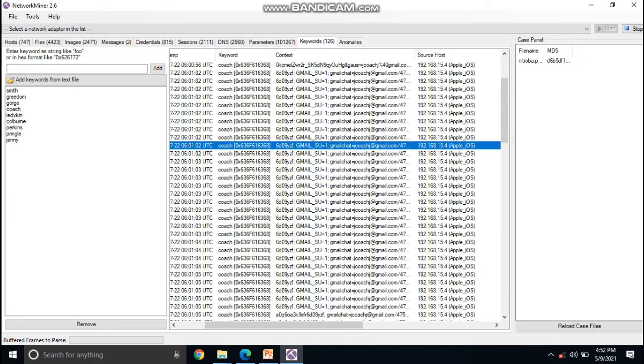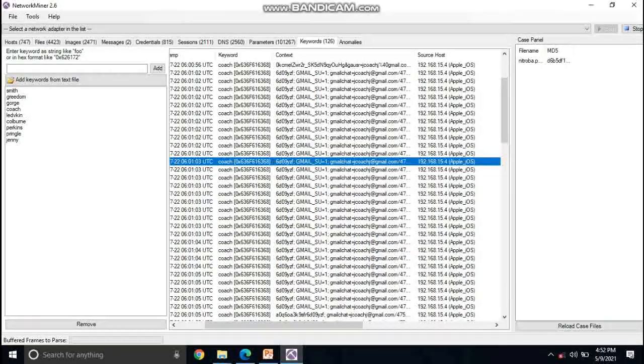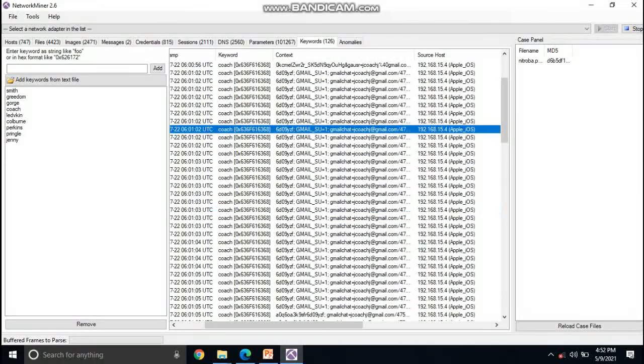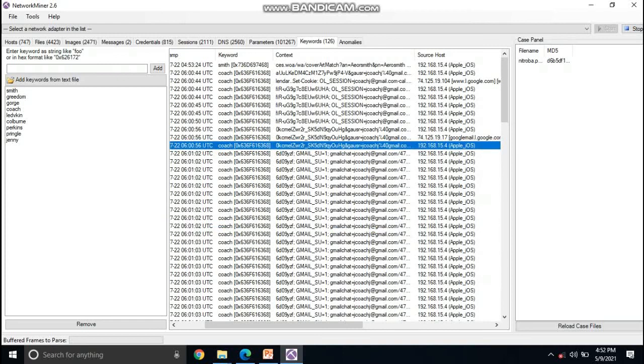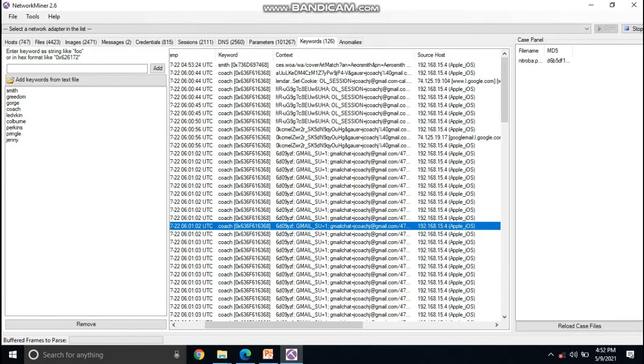So we can say that the person involved in the crime is Johnny Coach, a student of the professor. From this we can say Johnny Coach is one of those responsible for sending the harassing email to the teacher, and we can conclude this. So with the help of Network Miner we are able to find the malicious user who was spamming mails to the professor, and thank you.